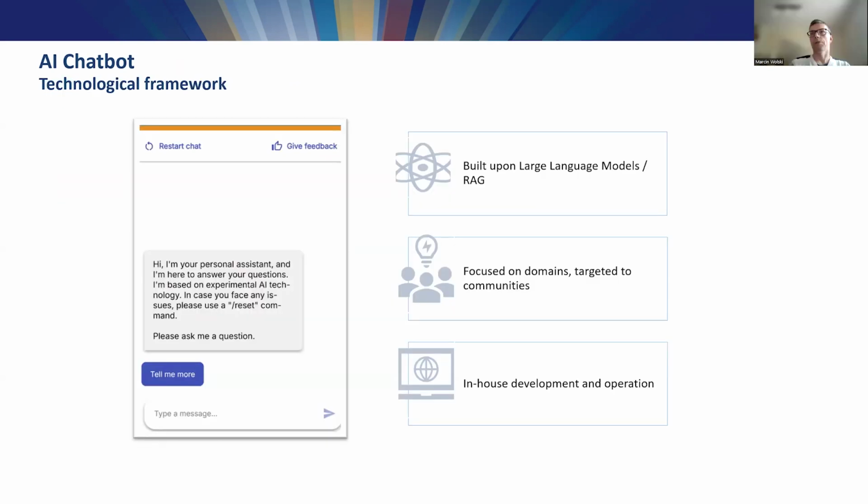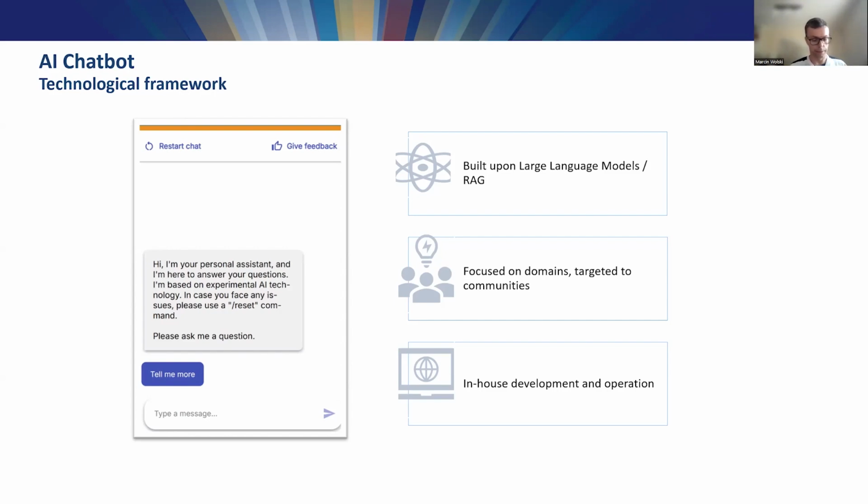The AI chatbot is not only a tool, it is a complete technological framework for delivering AI-powered interactive solutions. This technological framework is built upon two leading technologies, namely large language models, LLM in short, and RAG, retrieval augmented generation.